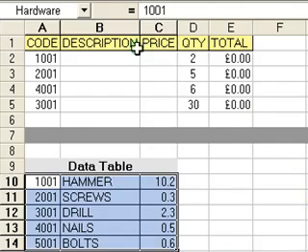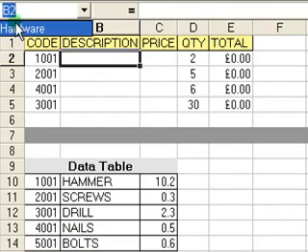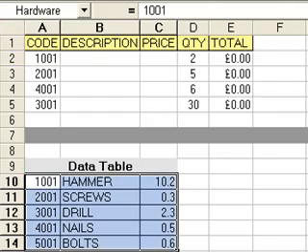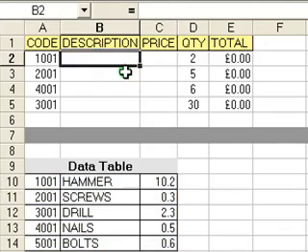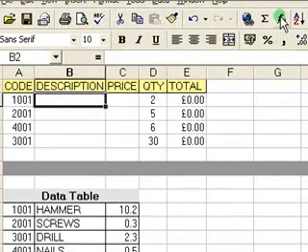I can just demonstrate how that works. If I just click somewhere away from the table and I click on the drop down name box, click on the word hardware, it goes straight to the table, which makes it much easier to use. With that set up, we will now use the paste function feature. First thing when you're using a paste function is click in the cell that you want the result to appear in, click on the paste function button,